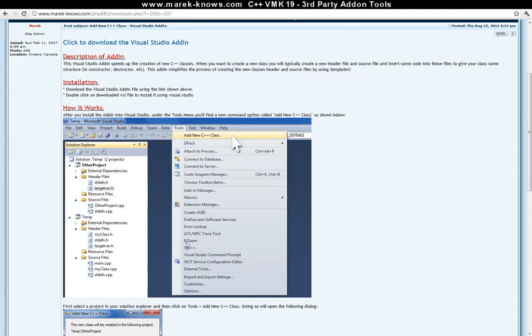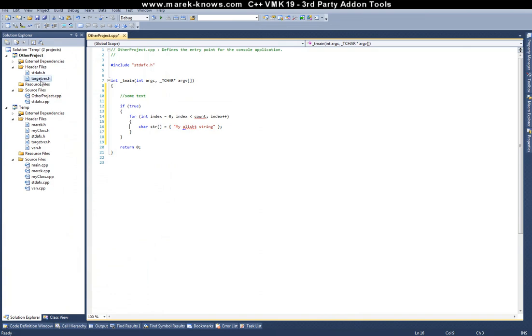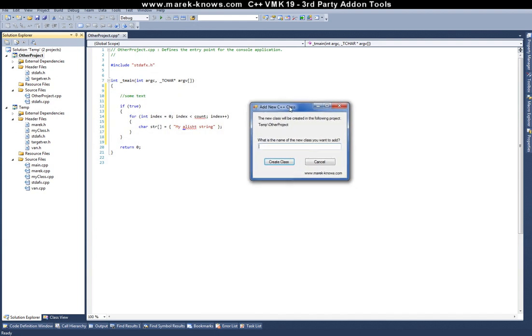Click on that. You can have a read through on what it does and how to get it installed. What you want to do is select which project you want to insert your new class to. So for instance, if I'm working in the other project, select one of the files in there, or you can choose the project itself. Then you'd click on Tools, Add New C++ Class, and it brings up this dialog asking you